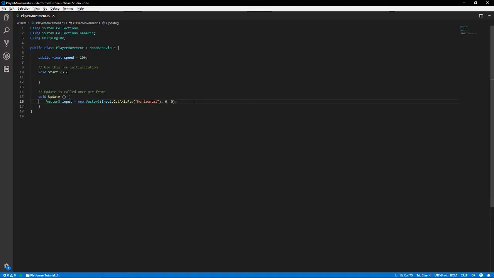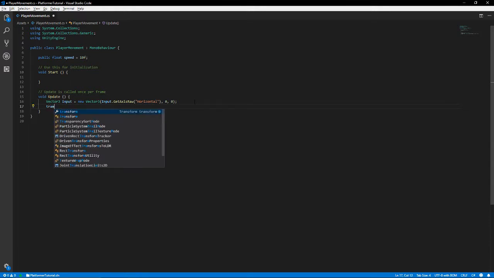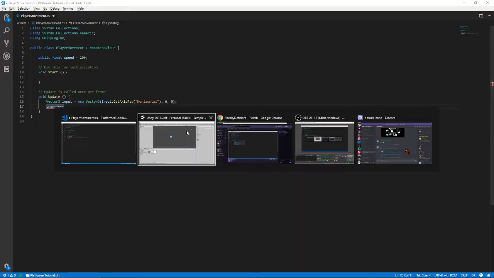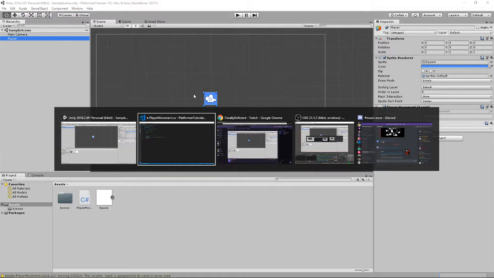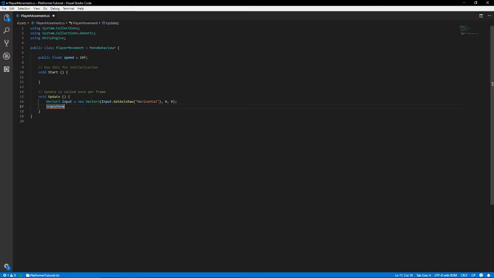Now, how do we move? So we're going to type in transform. Now, this transform is a direct reference to, if we go back here, this transform component that is sitting on every game object. But specifically, since this script is on this object, it's referring to this transform in particular. Okay. Alright, so we do transform.Translate, which is a method built into transform components, and we have to give it